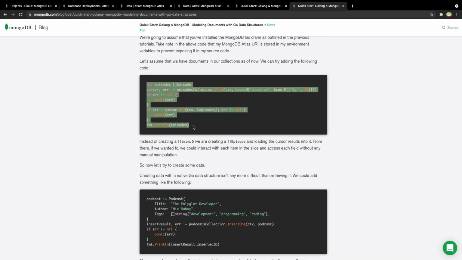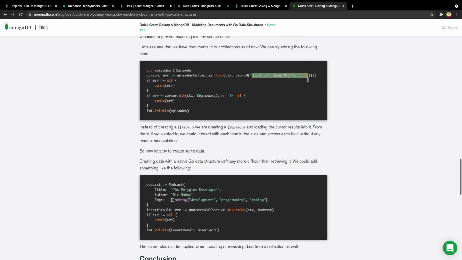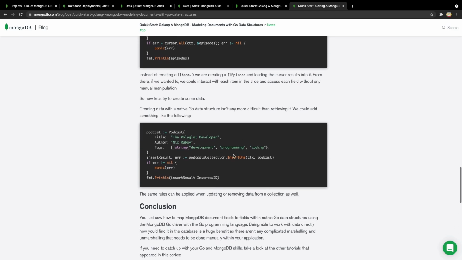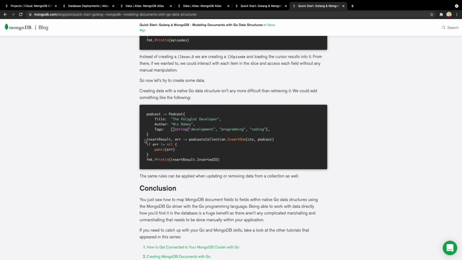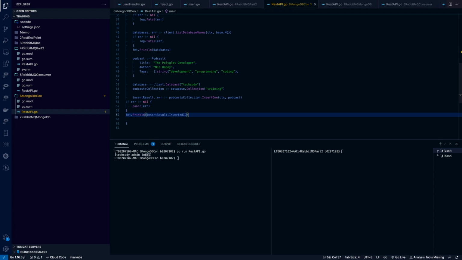In this piece of code, they are saying we can perform the find function. So in case you want to perform a search query, you can use this, and under this body you need to provide the parameter on the basis of which the search would be performed. And this is the code we are looking for, to insert the data in the database. We already have copied this information, so we need to copy the rest of the code, and done.